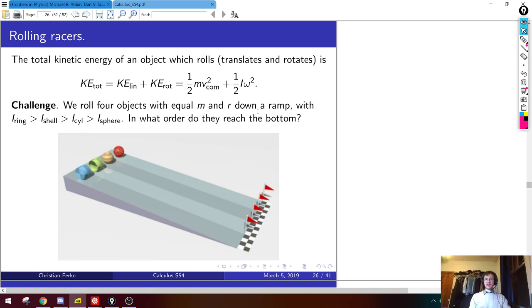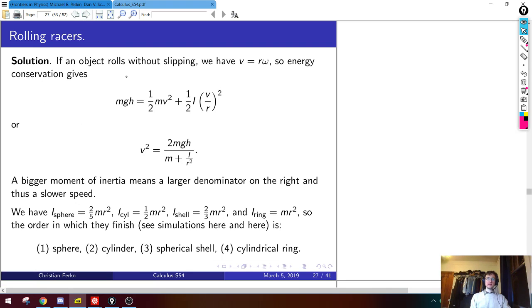Okay, well, I was just saying that in a very hand-waving way. I just said words at you. I didn't do any math. So let me convince you that we could make that intuition I just gave you precise. I'll do it for one case, like the sphere. If the sphere is rolling without slipping, that means all of the object is rotating about some central axis with the same angular velocity omega, and by basically the same argument I showed you a couple slides ago, we have v equals r omega for the center of mass velocity.